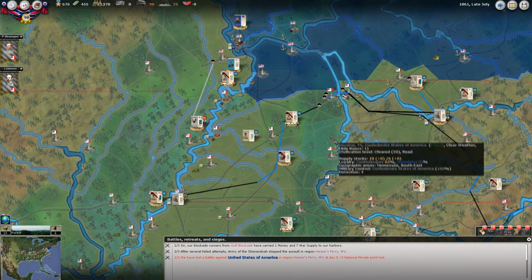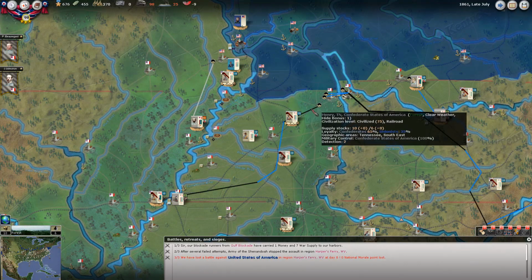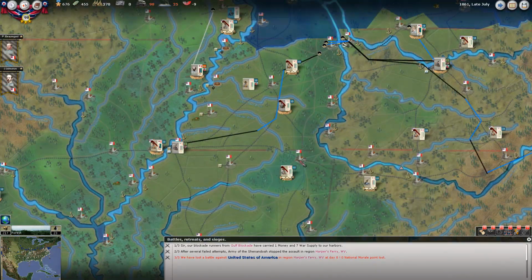Basically, my echelon of defense is really going to be each line here. So here behind the river, and then here behind the river, and then down here at...